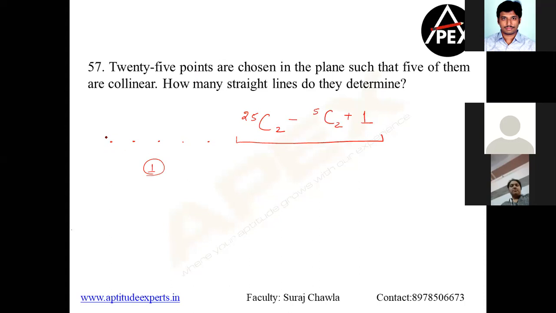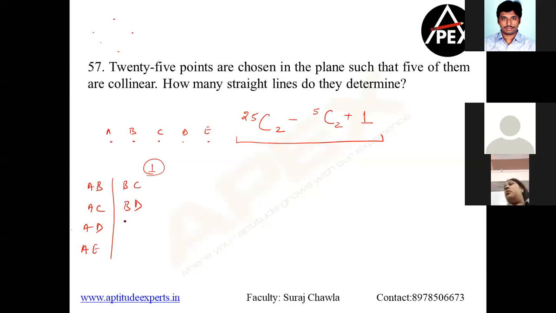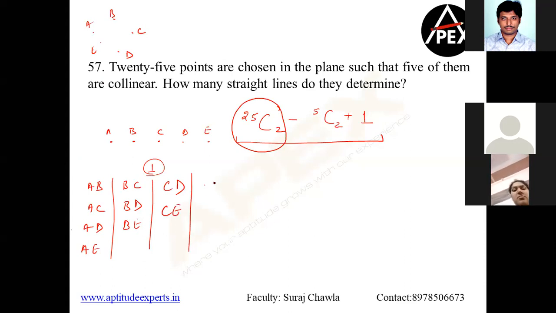Suppose I take points are A, B, C, D, E here. Okay. Then how many lines can be formed if they are not collinear? Suppose they are like randomly joined. So AB can be a line, AC can be a line, AD can be a line, and AE can be a line. Okay. Similarly, BC can be a line, BD can be a line, BE can be a line. I repeat, you can assume these are my different points. That is what is included here. Okay. Similarly, I can have CD as a line and CE as a line, and I can also have DE as a line. So these are my 10 lines which are included.